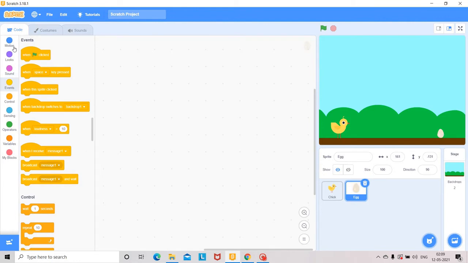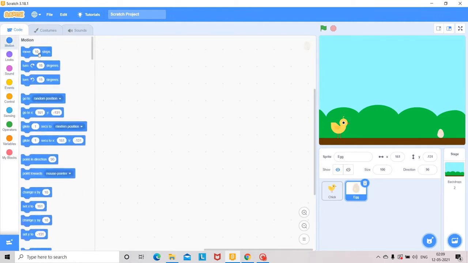So first you set the position of the egg by giving the motion block, that is, at what distance the egg is at present: 161 and minus 131. So here already there, go to x 161 and y minus 131.